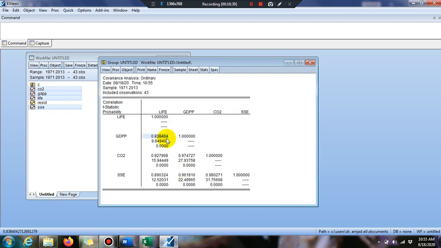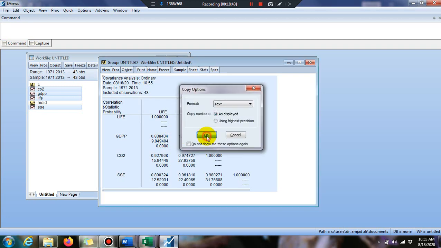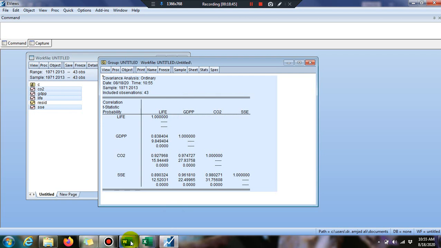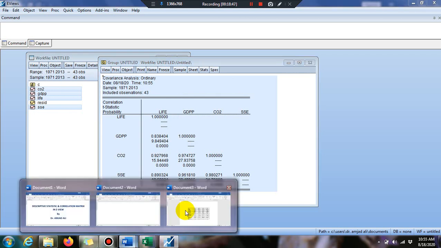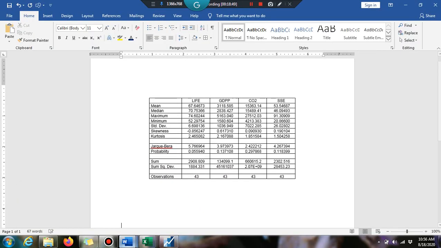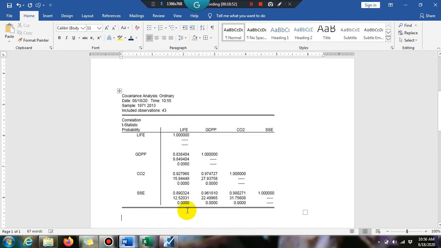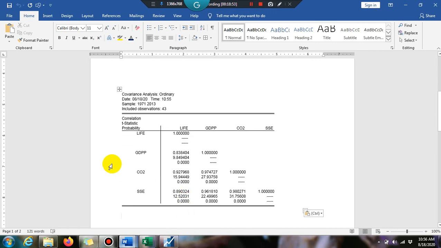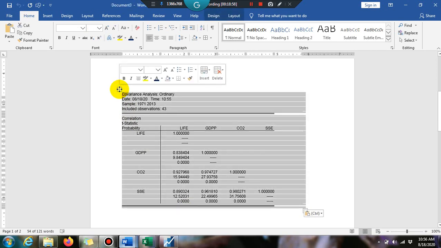So press Control A and Control C, copy this table, and paste it in a Word file, like we did for descriptive stats. Here we also make the table from the EViews raw file.